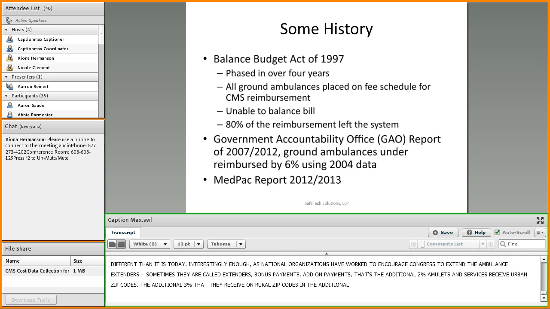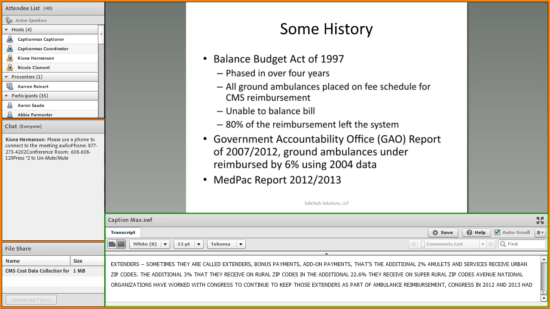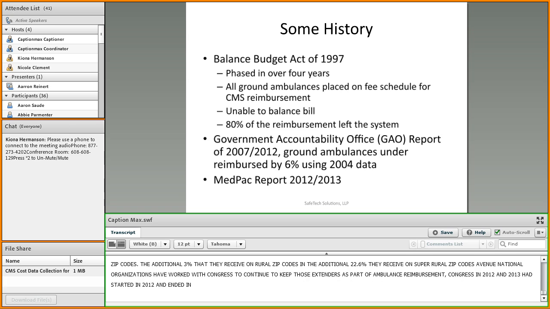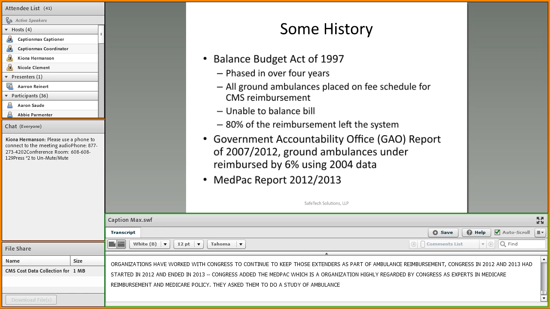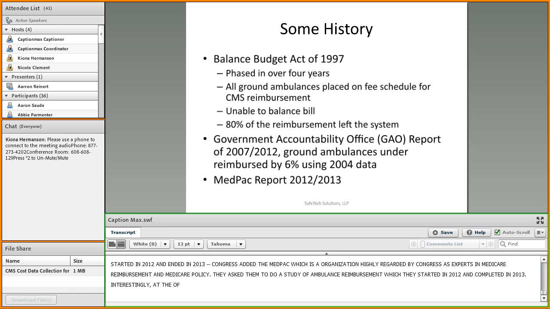Interestingly enough, as national organizations have worked to encourage Congress to extend the ambulance extenders, sometimes called bonus payments or add-on payments, that's the additional 2% ambulance services receive on urban zip codes, the additional 3% they receive on rural zip codes, and the additional 22.6% they receive on super rural zip codes. As national organizations have worked with Congress to keep those extenders as part of ambulance reimbursement, Congress in 2012 and 2013, it started in 2012, ended in 2013,